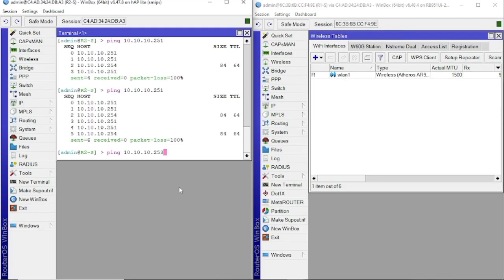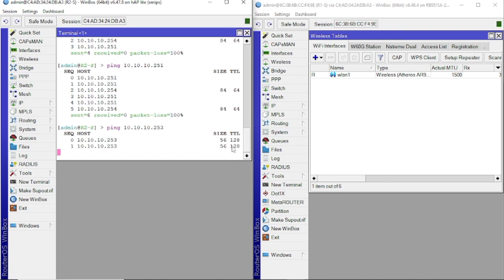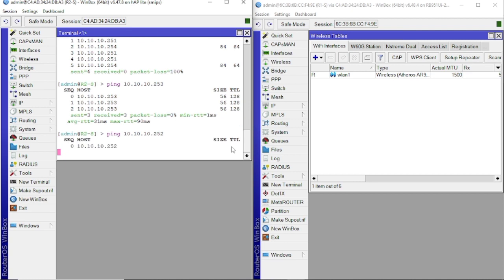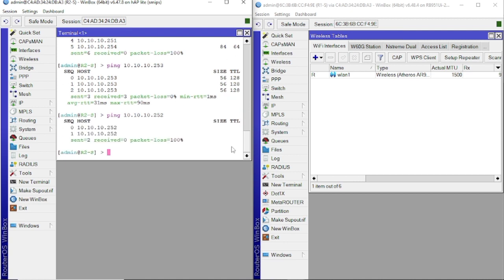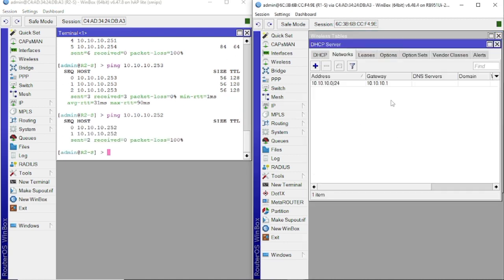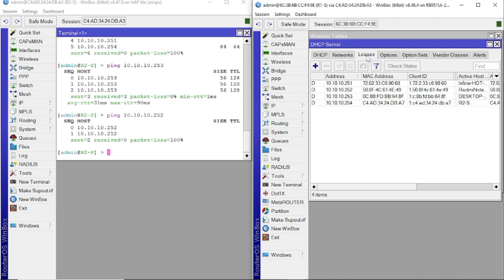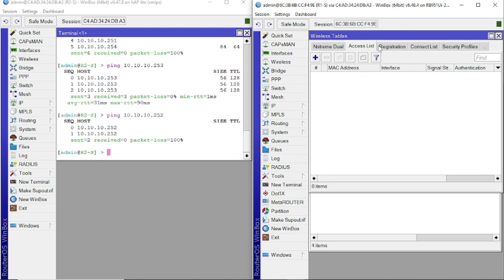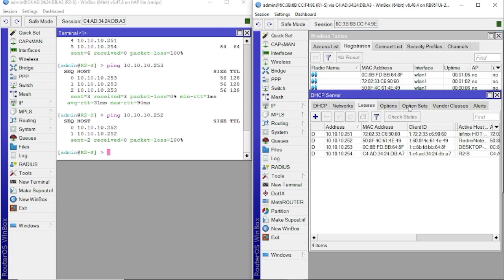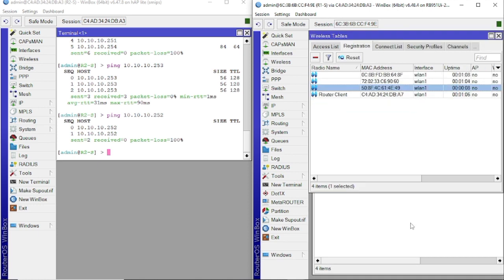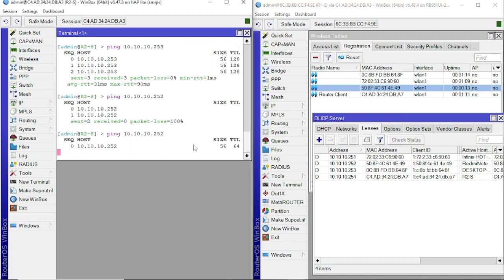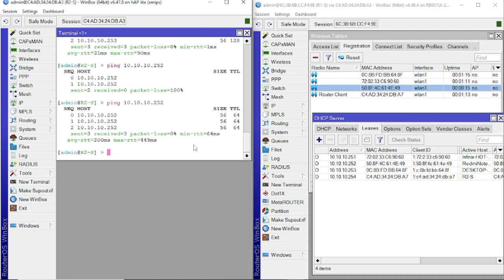Next, do a ping between clients again, then the result will be TTL. Then the following are the result of the DHCP server releases table and registration table on router 1. Next, do a ping between clients again, then the result will be TTL.